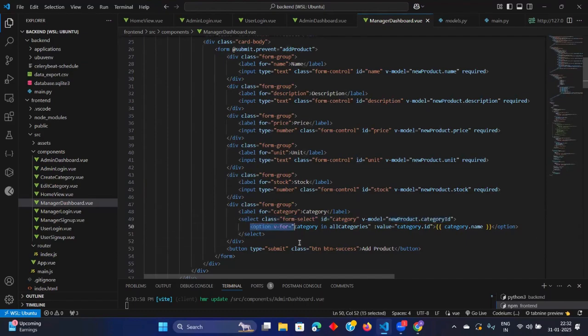Now what is this option thing? In the options it will show me, for category in all categories, what the value is. It will show me this value or set this value. Clear? That means in this select and option, this will look like a drop down. So when I click on any option, are you getting this?